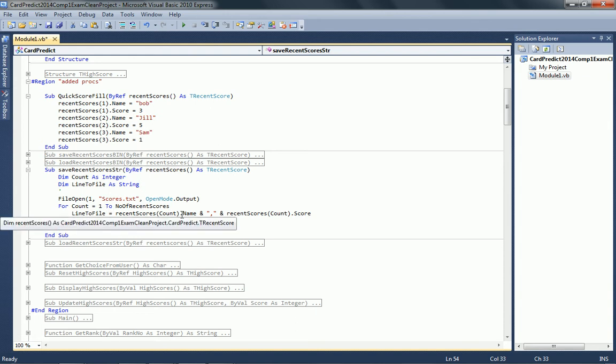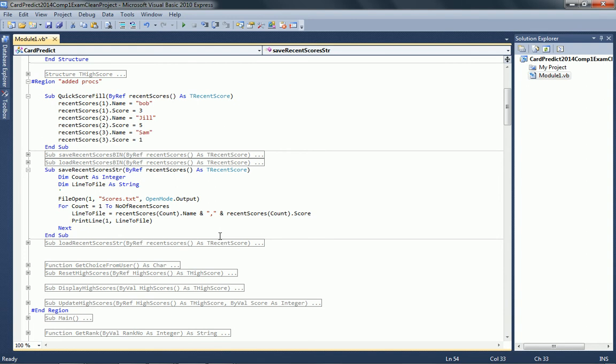concatenate name and score to a string, which is like a temporary variable, and I suppose it's the most recent holder as well, isn't it, because we're looping through, and then that gets written to the file. I've put a comma in here, so I'm actually just hard coding a comma separated variable, and this is a perfectly reasonable way of doing it. I know there are others. The exam board really aren't interested in binary reader, binary writer, stream reader, stream writer for VB. They like this good old file open system, and actually for things like this it makes little difference,